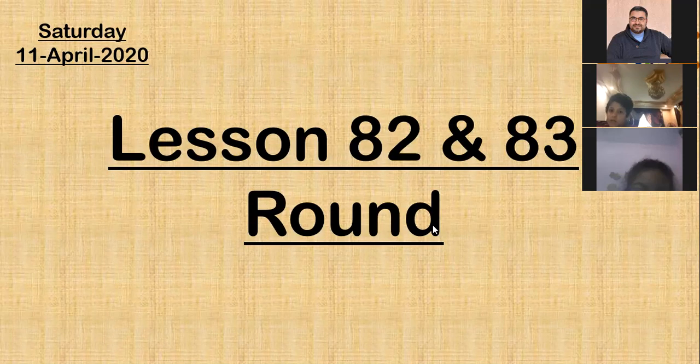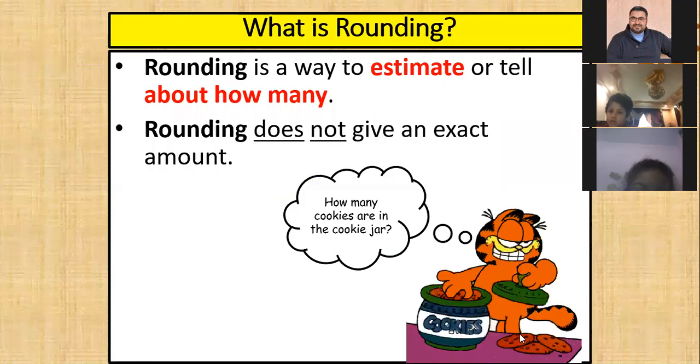Round. What's the meaning of round? Round is a way to estimate or tell about how many. So round is not an exact number. It is an estimate. Like in this example,